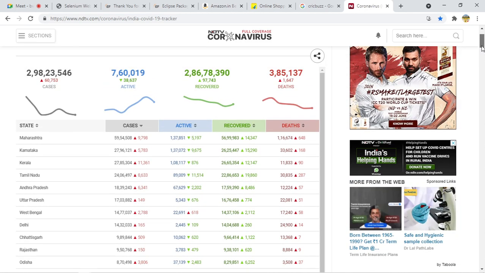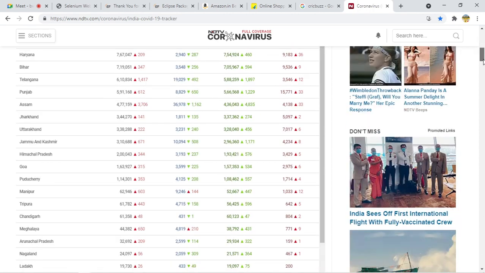If you see this first row, this is the total number of cases. And if you see the active cases, this is the total number of active cases, obtained by counting the sum of each and every row. If you are a manual tester, just see how difficult it will be to calculate this, because there are so many rows.